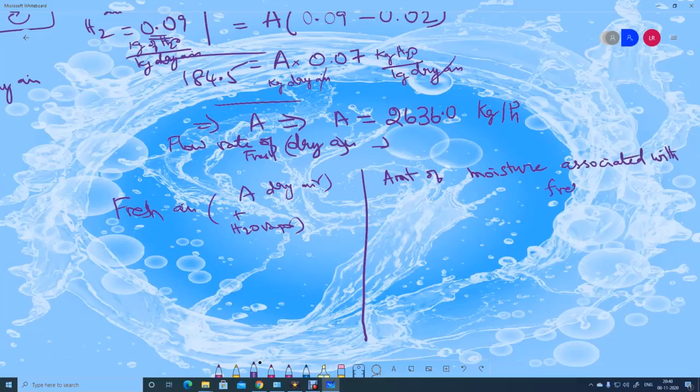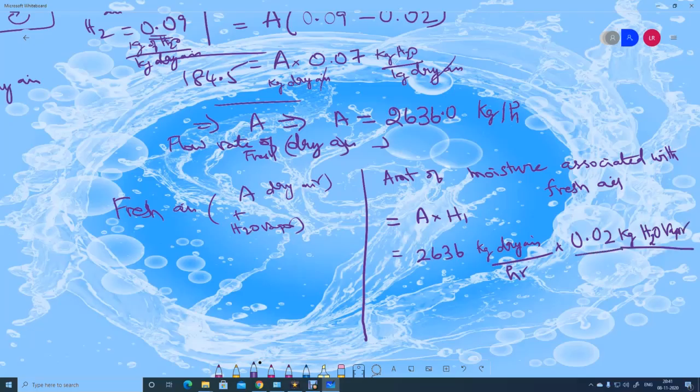It is equal to A multiplied by H1. What is the A value? 2636 kg of dry air per hour, multiplied by the H1 value, which is the humidity value, 0.02 kg of water vapor